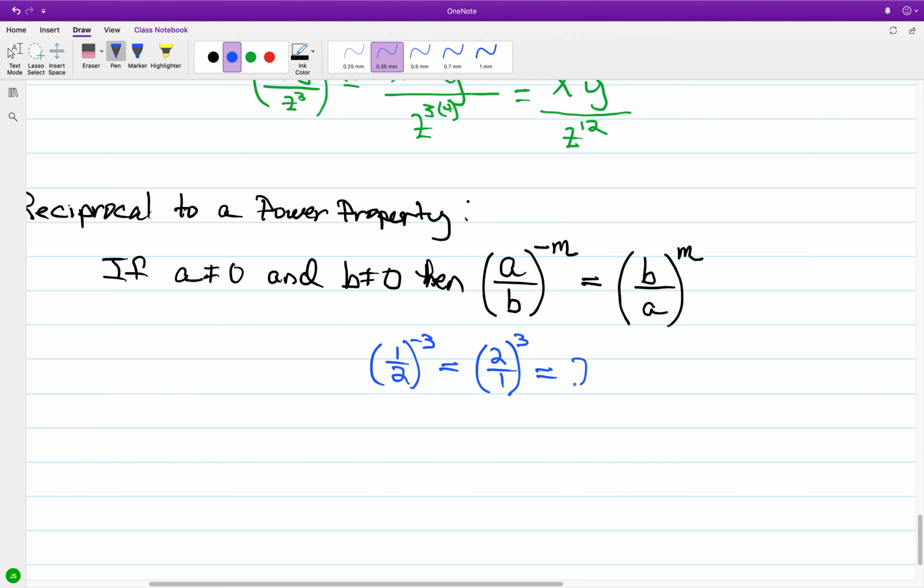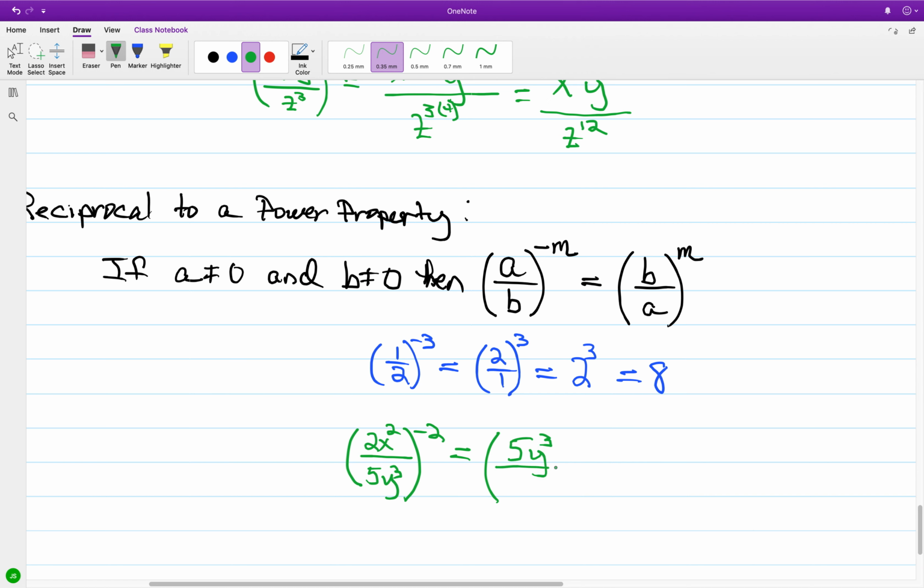Now let's say that if I have 2x squared over 5y cubed, and this is to the negative 2 degree. Again, if I make the negative 2 into a positive, I can flip this ratio. So we have 5y cubed over 2x squared raised to the 2nd,